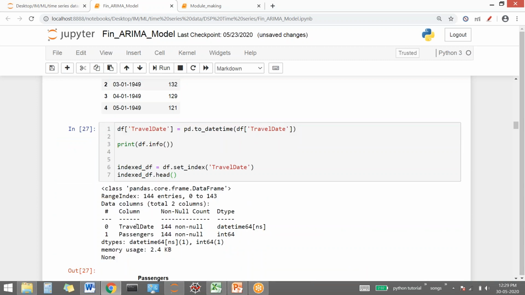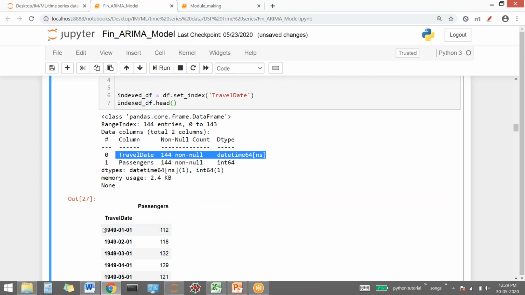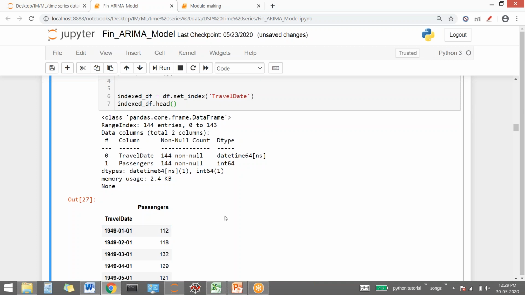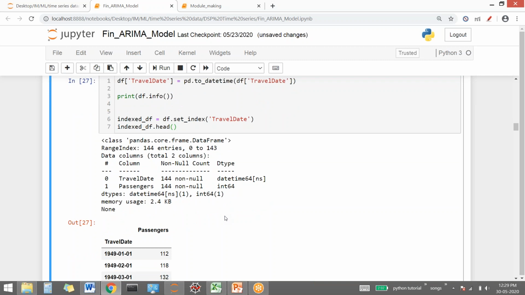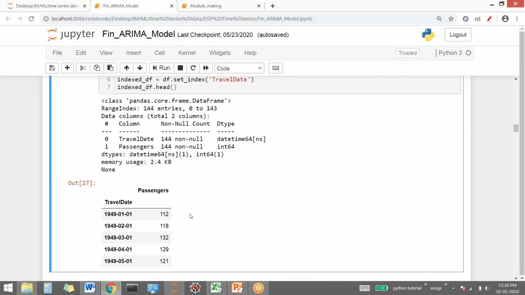When I run this command, you see now the travel date is converted to datetime. You see the data type is datetime, and this has come out to be my index. And on this respective date, these were the number of passengers. So these are two mandatory things: your datetime column should be there, and if it is not, then do the type conversion. Once you have done the type conversion, make your datetime column the index of your data. You just cannot leave it as a column. There will be only one column, the target one. This is our target, passengers, and this is the information you have to use. That is the feature, this is my feature, and this is my target. Okay.